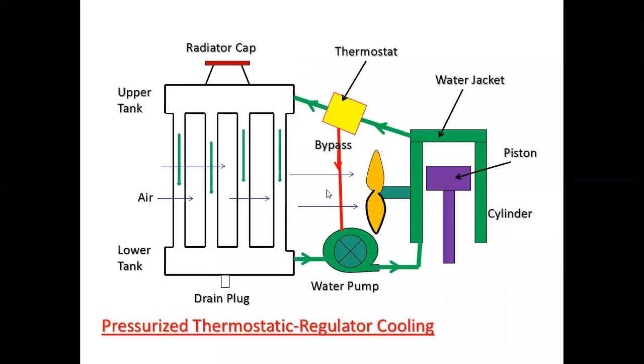Then the next type of system, the fourth system, is the pressurized thermostatic regulator cooling. A pressurized system is basically used because, as you all know, as the pressure of any fluid increases, the boiling temperature of the fluid increases. Suppose water will boil at 100 degrees Celsius if the pressure is 1 bar. Suppose I am increasing the pressure of the water